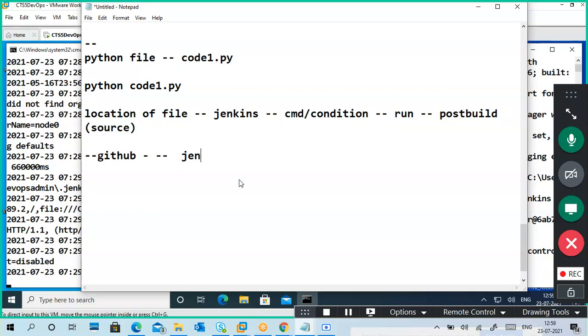So take it into the Jenkins. Not required manually. Once you give a GitHub link, it automatically takes from GitHub and follows your command or your condition of execution, your script, whatever it is, and it will run. And the remaining part is post build actions. This is the main thing. So understand the life cycle of Jenkins.